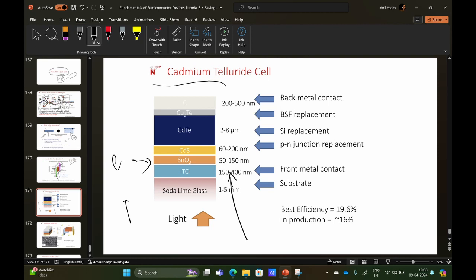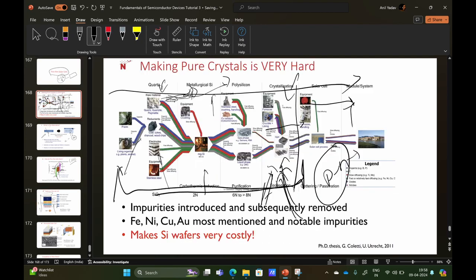One is the electron transport layer, one is the hole transport layer, and this is the back metal. These are not that thick. The absorber layer is 2 to 8 micrometers only. These are very thin. We do not require that long process, which is required to make a pure crystal